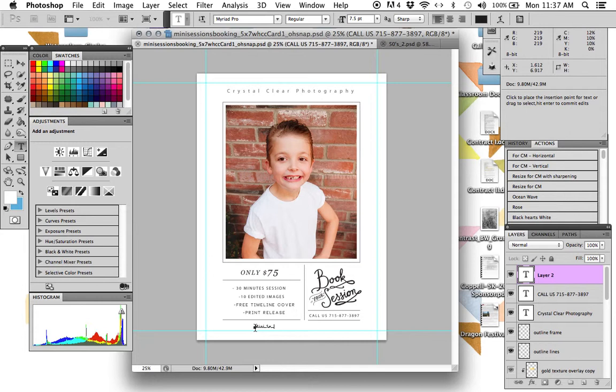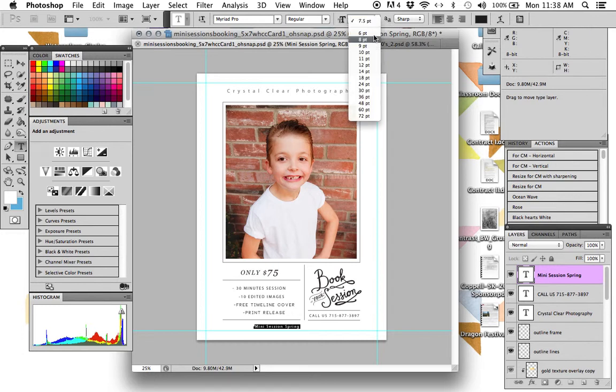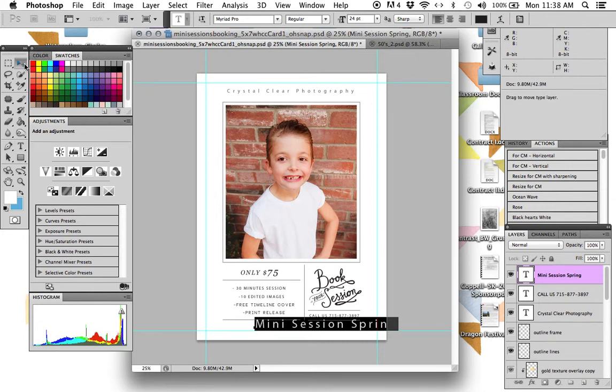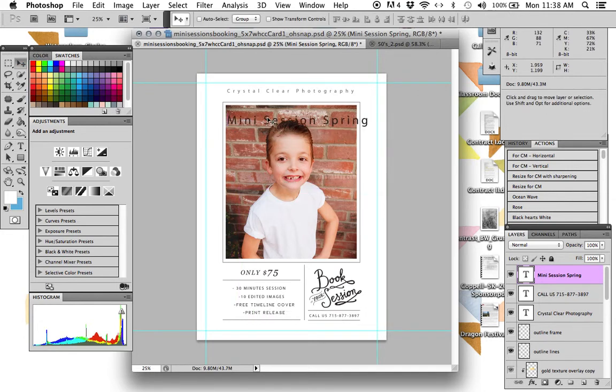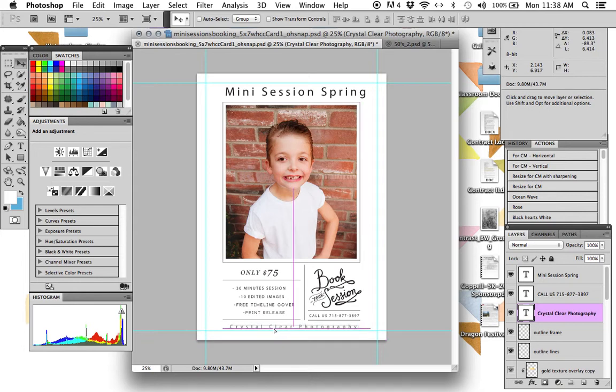mini session 20 spring or whatever. And then you can just make it bigger and whatnot. Up here, 24. You can change whatever font you want. I might almost put like this up here, and then this down here. Right? And then when you save it,